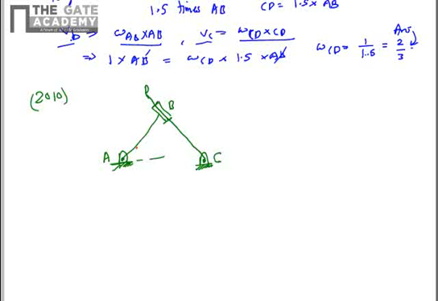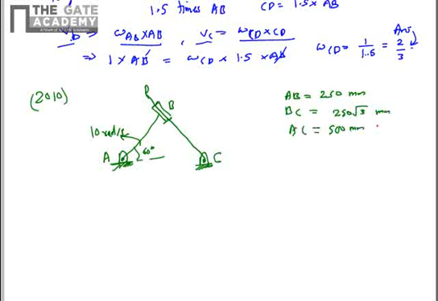For a given time instant, the AB link makes 60 degrees with respect to horizontal, and it rotates at an angular speed of 10 radian per second counterclockwise, and the lengths are given. AB is 250 millimeter, BC is 250 square root of 3 millimeter, and AC is 500 millimeter. The question asked is to determine